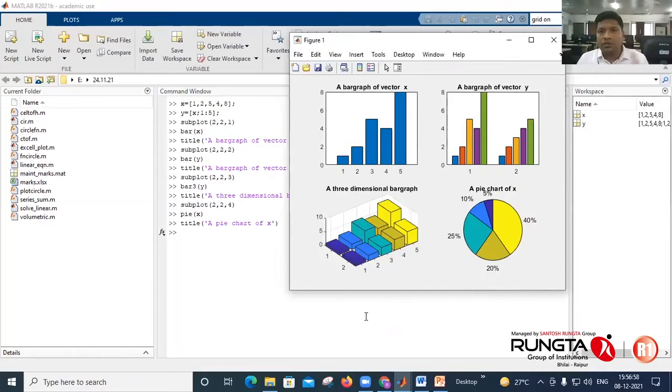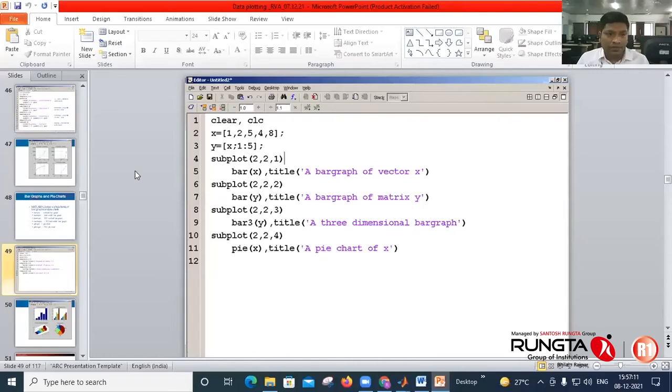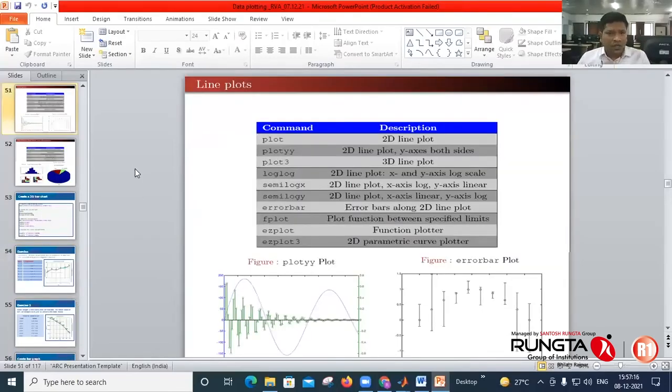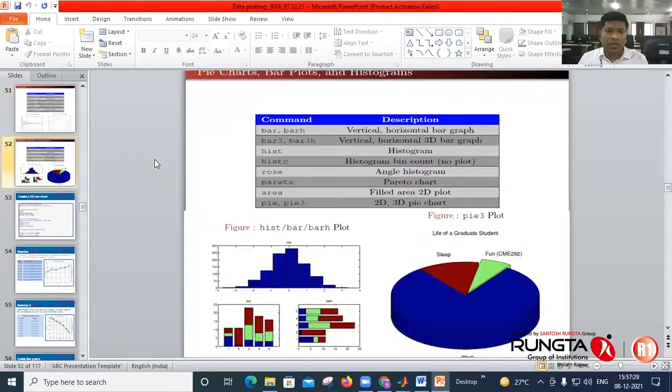So bar graphs of vectors X and Y, three-dimensional bar graphs or pie charts can be drawn easily with the help of MATLAB. There are again various commands: plot, plotyy, three-dimensional line plot, loglog, semilogx, error plot, fplot, ezplot, pie charts, bar charts, histograms, Pareto charts, areas.